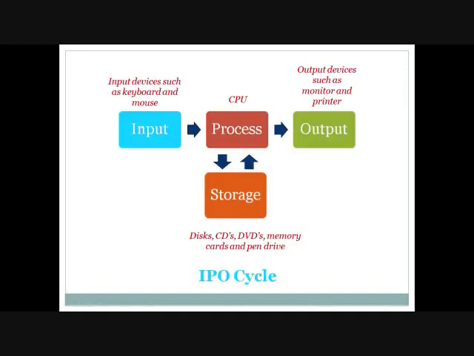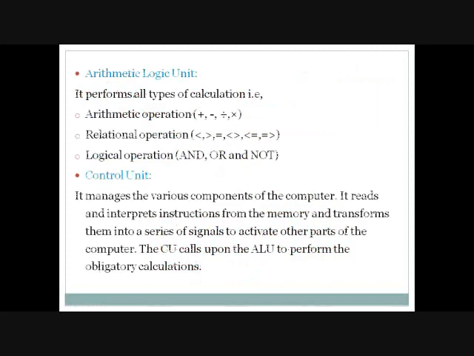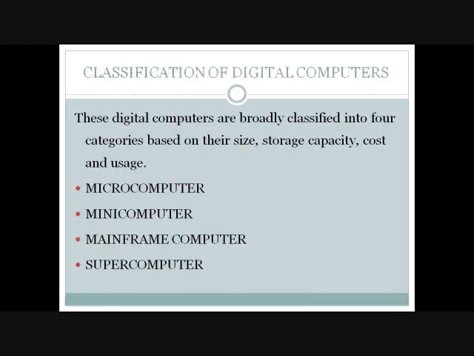Now in today's class we have studied about the IPO cycle, that is input process output cycle. How does your computer work? Then next we have studied about the parts of the CPU, that is ALU and CU, arithmetic logic unit and control unit. Arithmetic logic unit does all the calculations in your system and control unit controls the parts of the system. And then we have studied about the